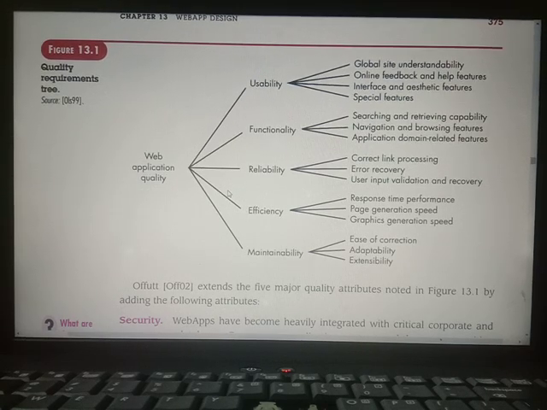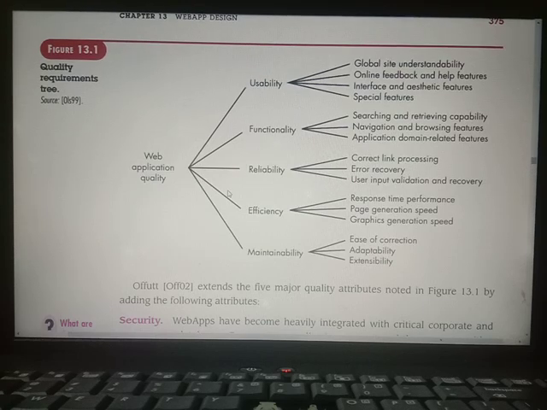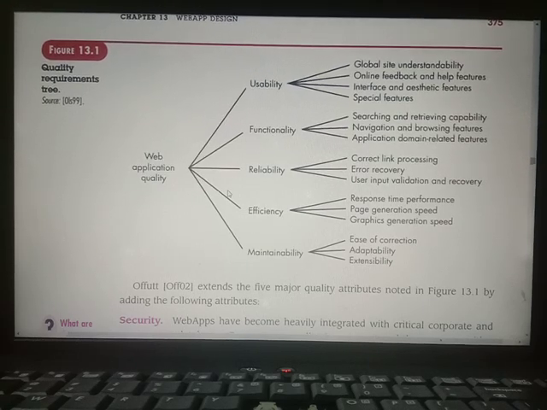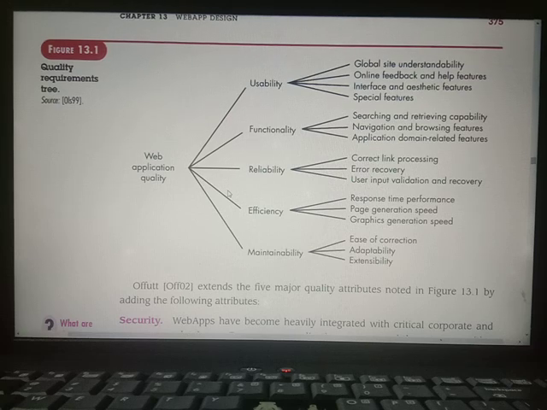If the link takes minutes to open, then the response time is very high, and users will get frustrated and stressed. So the response time must be very low as far as the user's interaction is concerned.